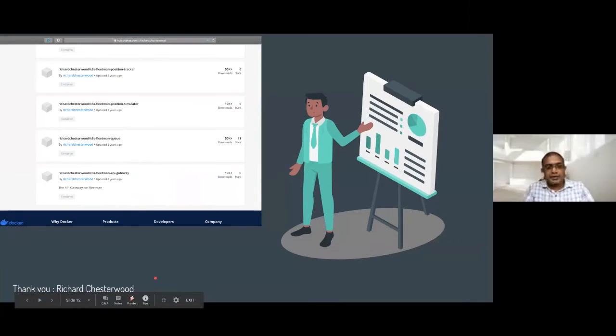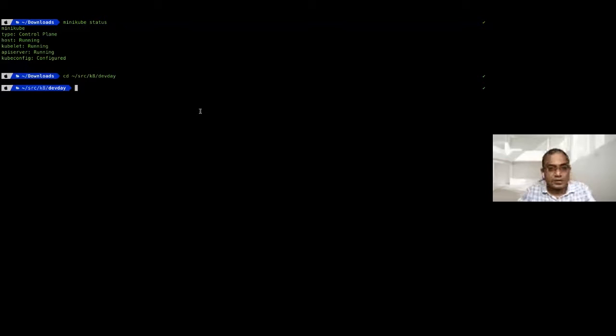So in my machine, I'm using Minikube. Minikube is a very simple version of Kubernetes. You can install it on your local machine. So first of all, I can check the status of Minikube. So it's running, so everything is okay. Then I will move into my files. Okay, so this is how I organize my folders in this practical session.